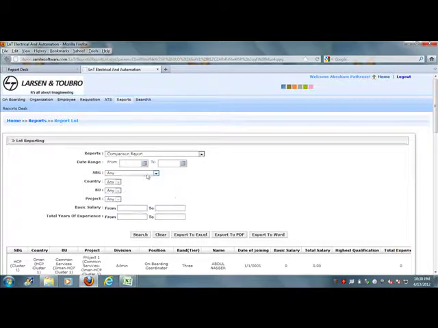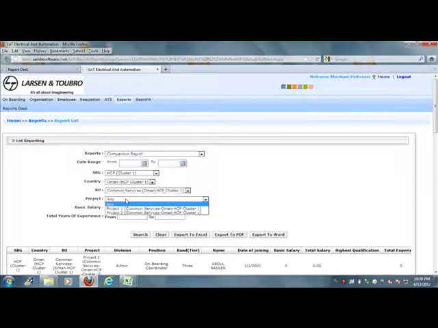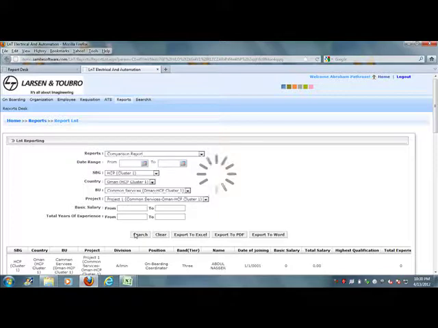Country will help you to select the country to view the reports under a particular country. BU drop down will help you to view the reports falling under particular BUs. Project drop down will help you to view the reports falling under a particular project, and then search it accordingly.